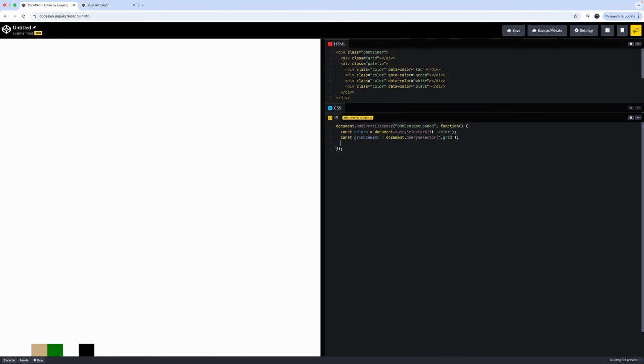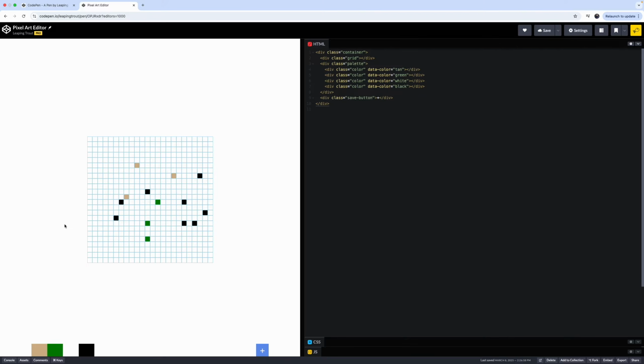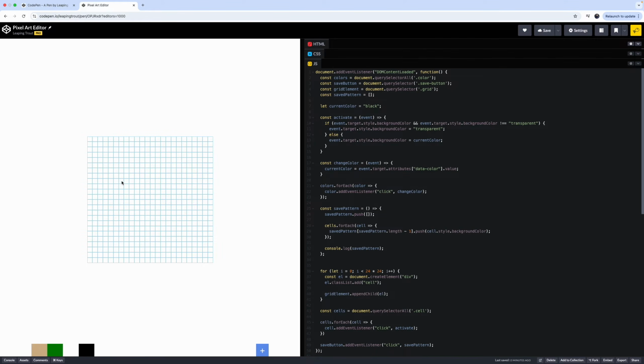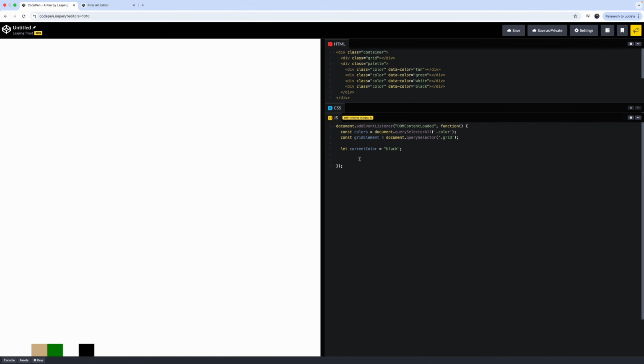And then finally, we're going to create a variable called current color. And the current color, we're just going to set to black. So in this case, if we have our grid here, I'm just going to refresh. I haven't selected a color yet, but I click on the grid. You can see that current color is set to black. Okay, so if we go back here, before we go any further, we need to think about our approach here. So basically, when you click something, we want to actually have